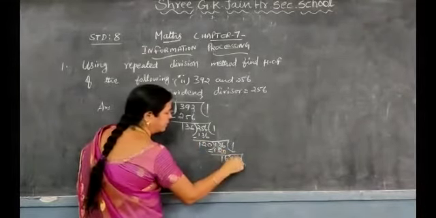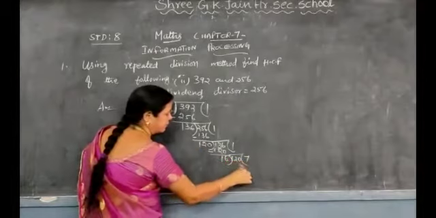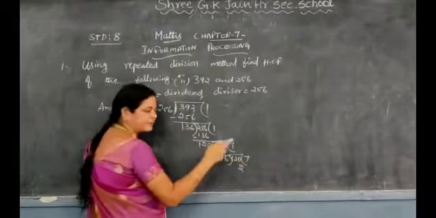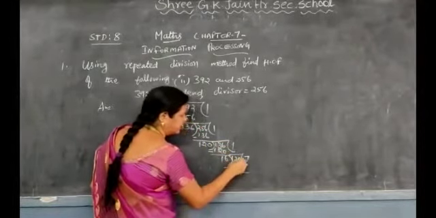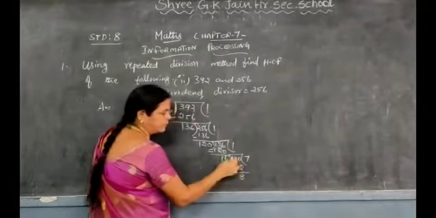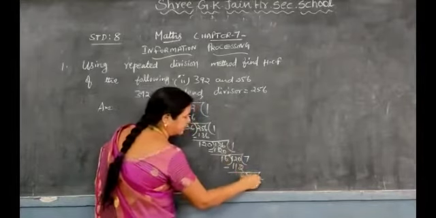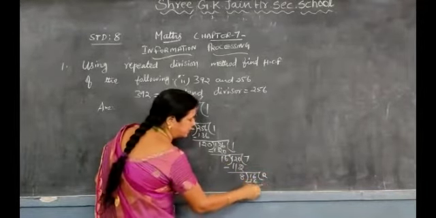Again 120 will come here. How many times will it go? 7 times. 7 6s are 42, balance 4, 7 1s are 7, 7 plus 4, 11. So you will get 112. If you are minusing this, 10 minus 2 you will get 8, and here 1 minus 1, 0, 1 minus 1, 0. Again next number what we are getting? 16. So 2 times. So 8 2s are 16. So minusing you will get 0.